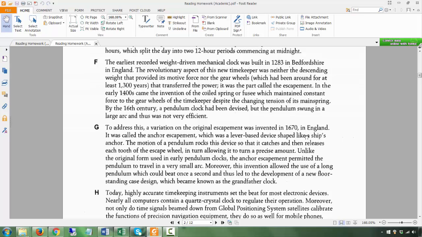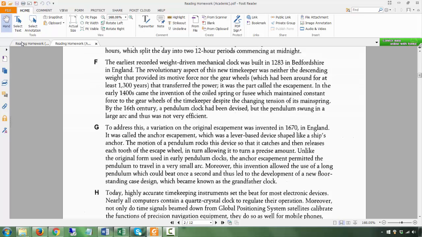Now, normally I mentioned that you can't really change the words. Okay, you want to take directly from the text. But in this case, cases like this is probably okay. You can't put a ship's anchor because that's 3 words. So you want to put 2 words. The best is probably just ship's anchor. But if you want to put a anchor, you can't put a anchor. You put an anchor, an.